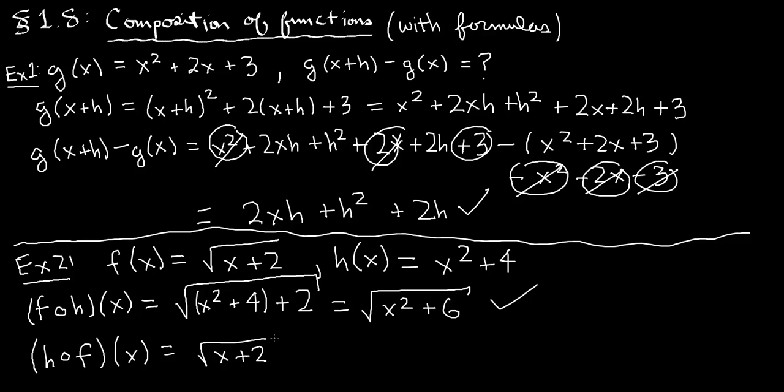But when we plug it into h, we're going to have to take that, square it, and then add 4. Okay? The square of a square root is simply the thing you took the square root of, which in this case is x plus 2, and then you add 4. And so finally the answer is x plus 6. And that's it. Notice these two are different, and so in general,